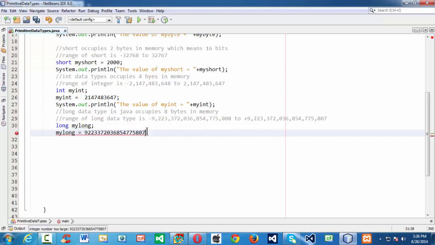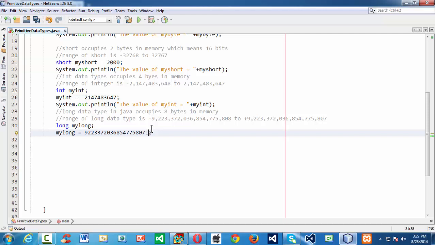So you need to explicitly mention that your value is long with the help of the suffix capital L. If you do something like this, the compiler understands that the programmer is trying to assign the exact value of long type into his long variable.